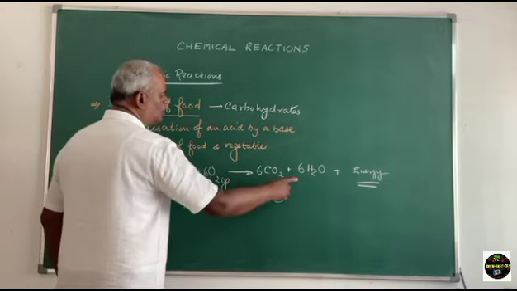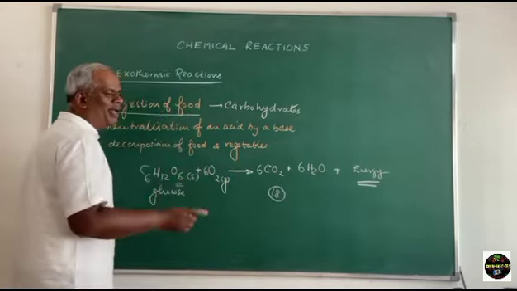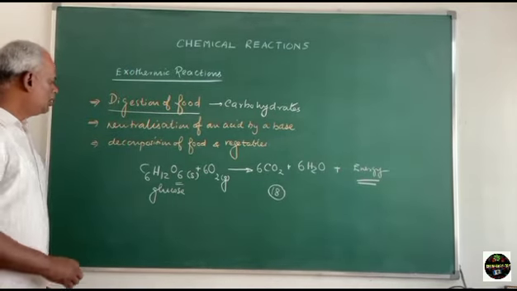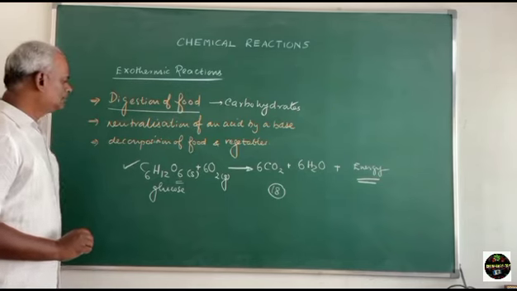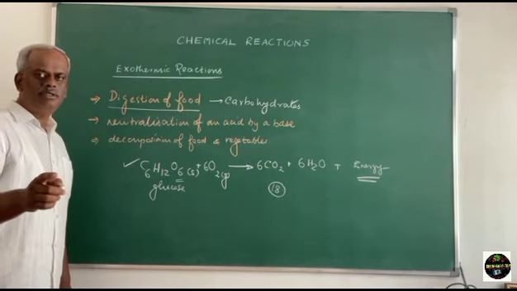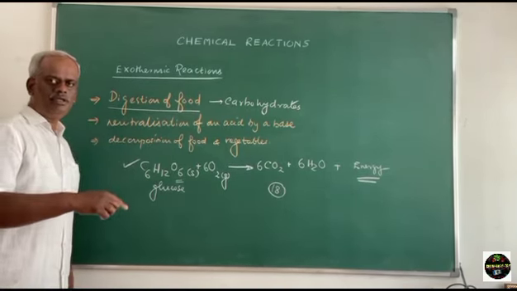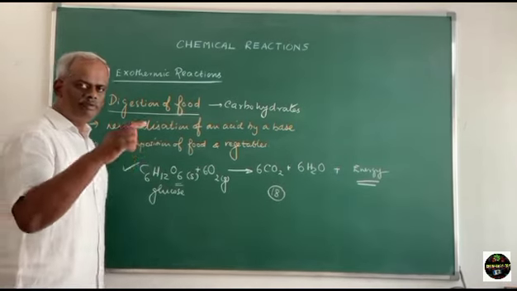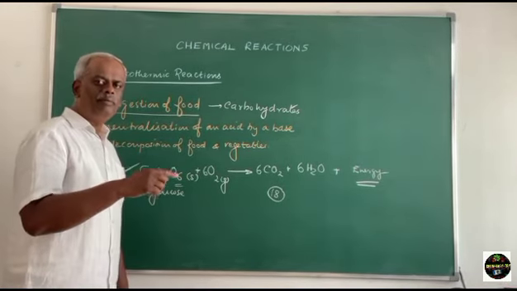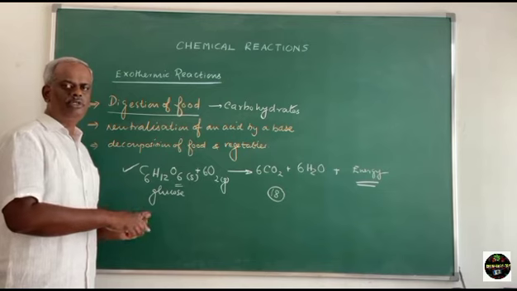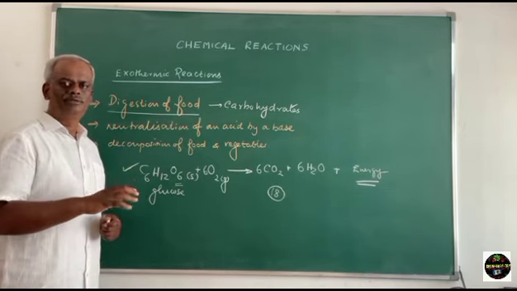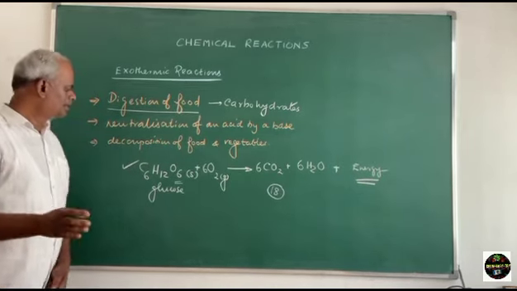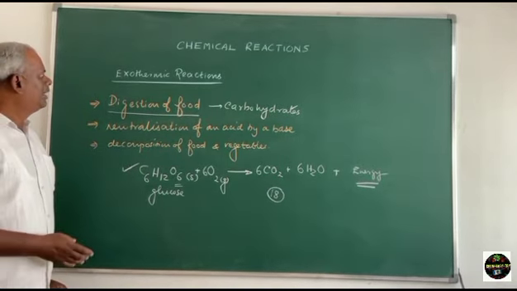On the opposite side also we find the same 18 oxygen atoms. So in this way the equation can be balanced. I repeat, any element in free state should be balanced finally. Before balancing that free state element, all other elements are to be properly balanced. Okay, so this is a simple example of exothermic